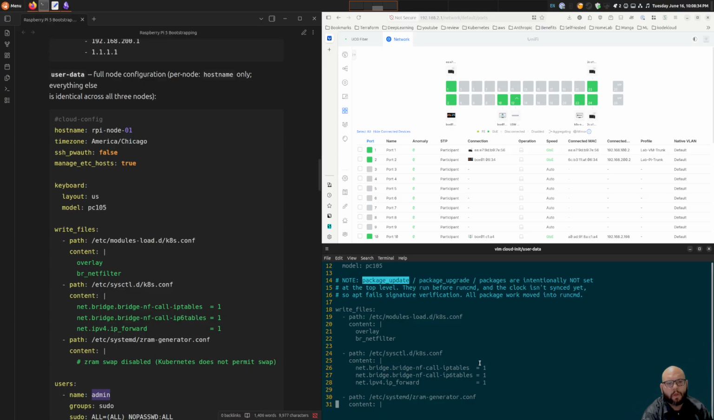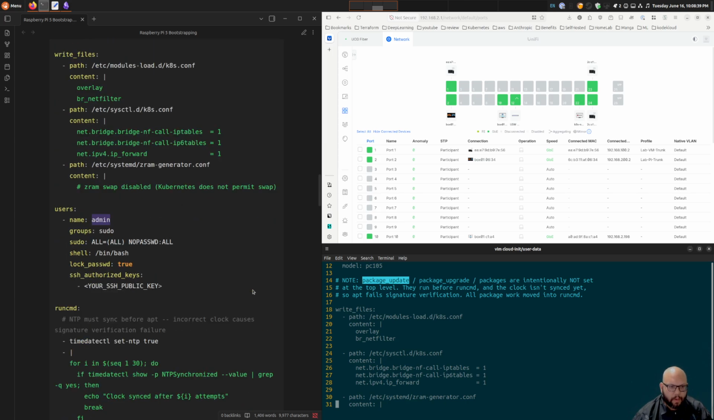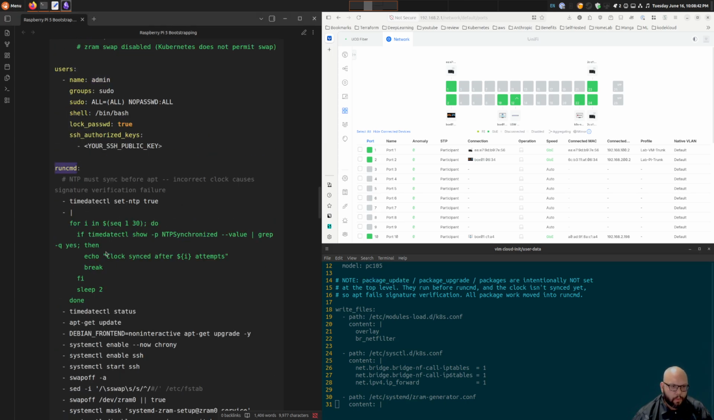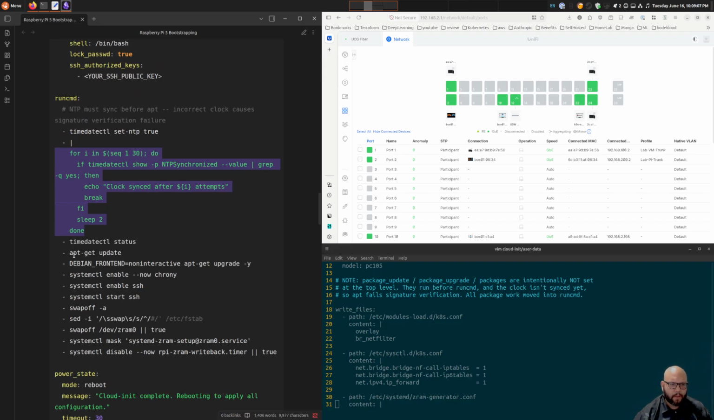You can work around that, and the way that you work around that is in the run command section, you actually have to sync the clock and the time on the device first before you can attempt to do anything with apt-get. So that's why I have this somewhat of a hack, if you will, to sync the time on the device, and then after that, you'll see I'll do some